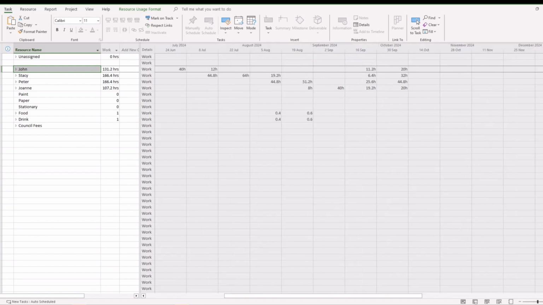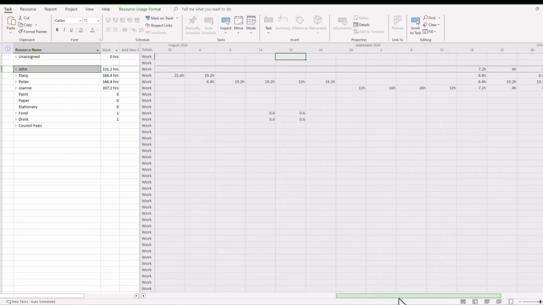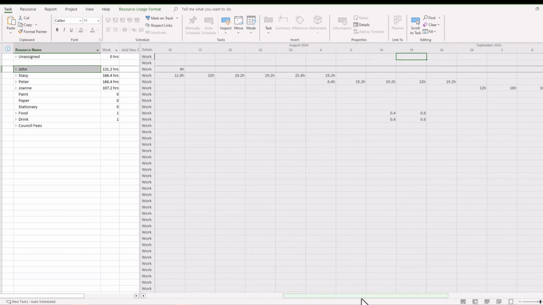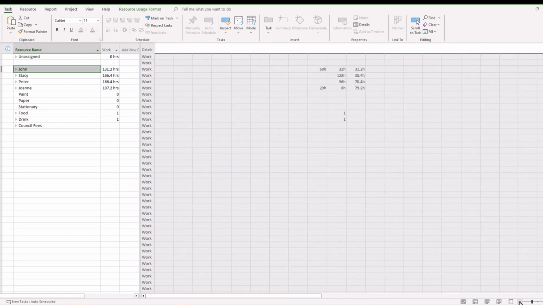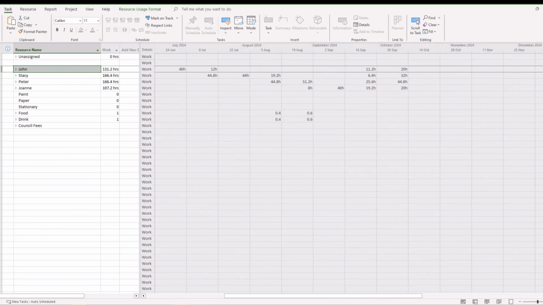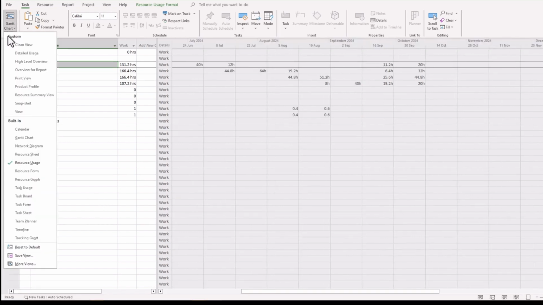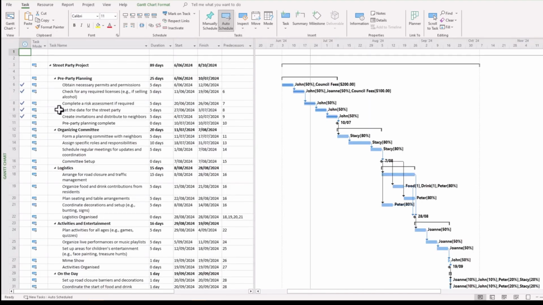Or if you want to do more of a deep dive, you can drill right down almost to a day-by-day breakdown of your staff's contribution to the overall project. So once again, a number of different ways in which you can use your resources and monitor your resources to ensure that you are comfortable with the way the project's going.